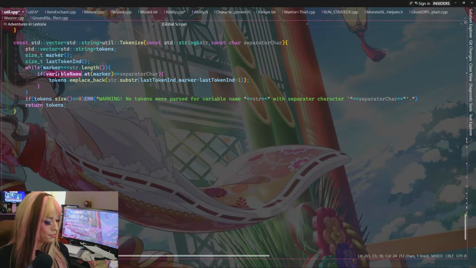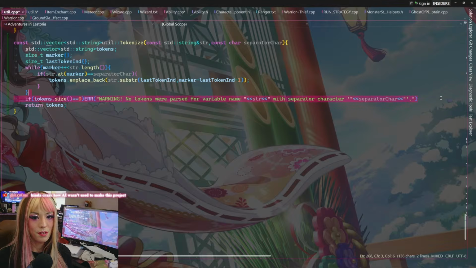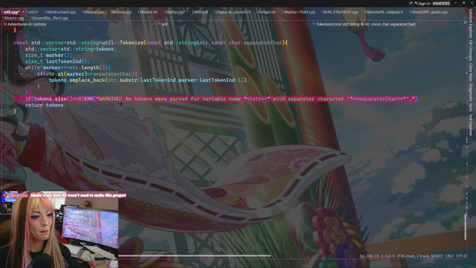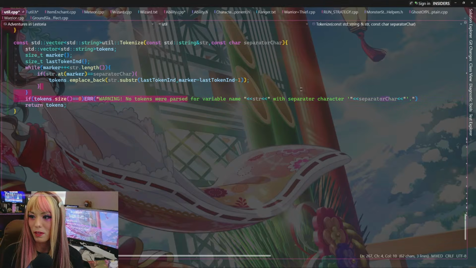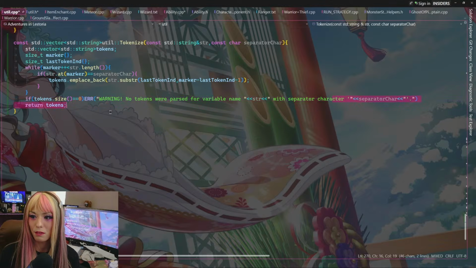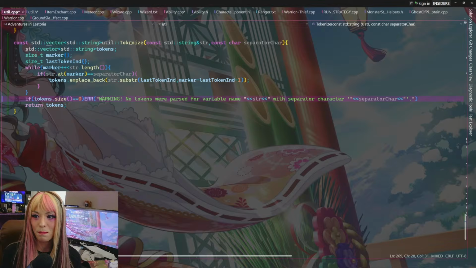And then we're going to change variable name to str. Now the question is, do I still want this to error out if 0 tokens are found? I feel like if we're using this function, the expectation is that we expect it to tokenize. So I'll leave it in here for now. If I ever use it where I want it to purposely return nothing sometimes, then I'll remove it. But for now, I think it makes sense that if we use something and nothing happens, we would like to